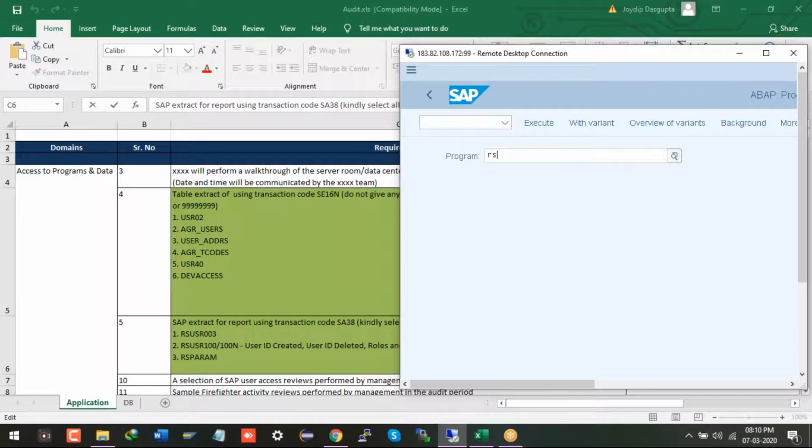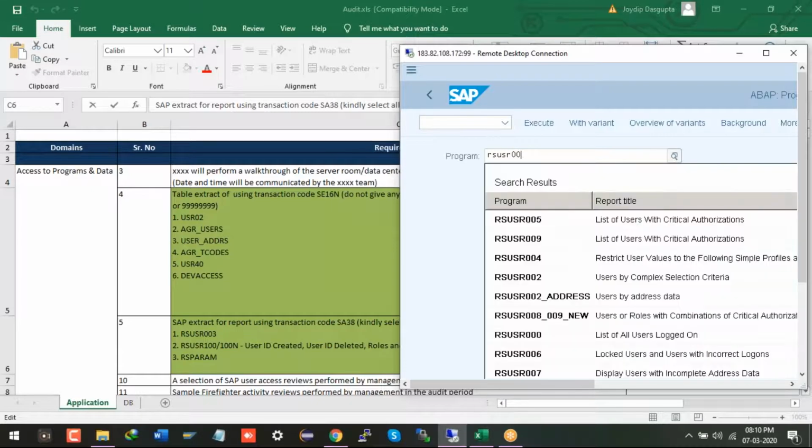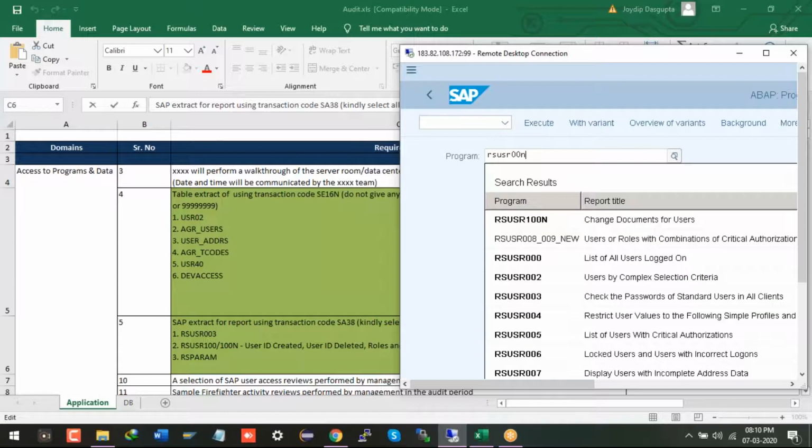Just type, because all the latest versions are not declared. Just RSUSR003. When you type it, it comes automatically. Type it, 003.